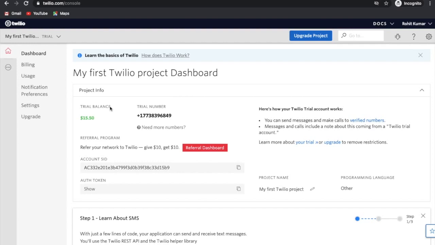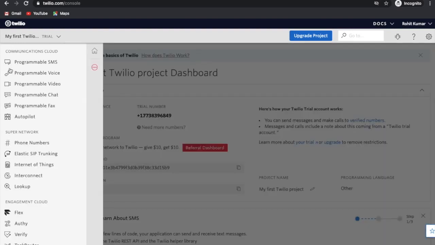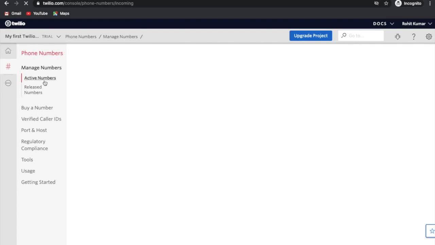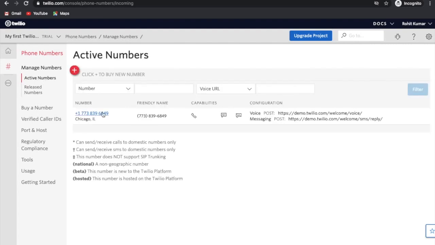There is another way you can check that: click here and go to phone number, activate number, and add it. Once your trial number is added, you are able to